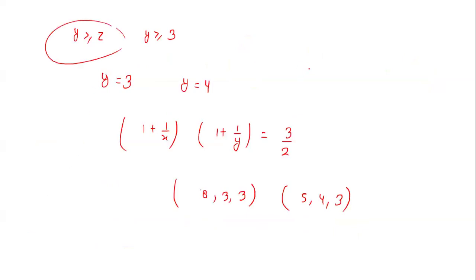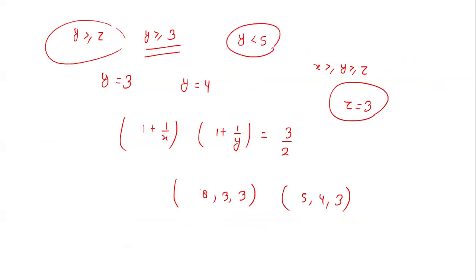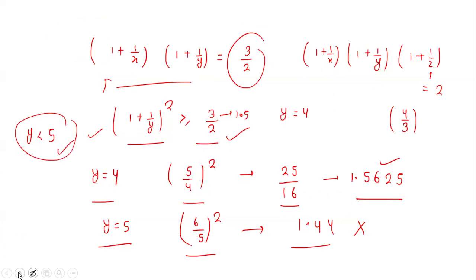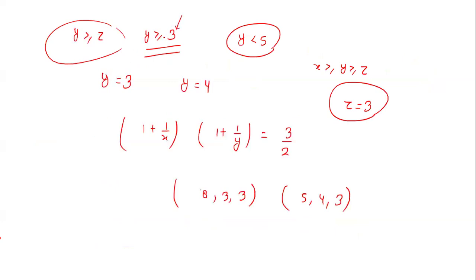And y is also greater than or equal to z. Initially we assumed this order. So in this case we are solving for z is equal to 3. So y must also be greater than or equal to 3, and y must be less than 5. We also got this from the previous calculation, that y must be less than 5, and from here we got greater than or equal to 3. So the possible values are y is equal to 3 and y is equal to 4, because y is a positive integer, so we can only take integers. So now we have this equation. So you can put y is equal to 3 and you get x value as 8. If you put y is equal to 4, you get x value as 5, and z value is 3 in both cases. So these two solutions are also there.